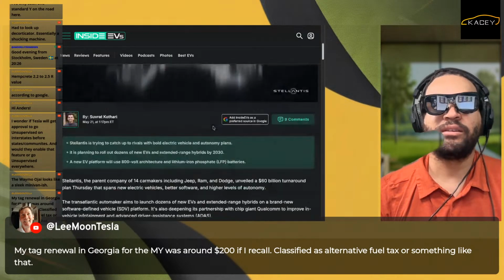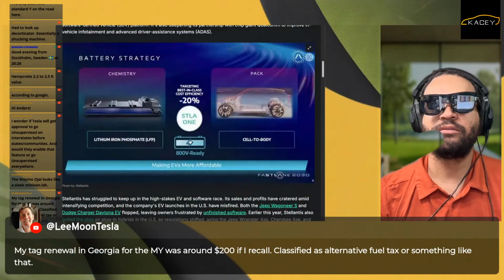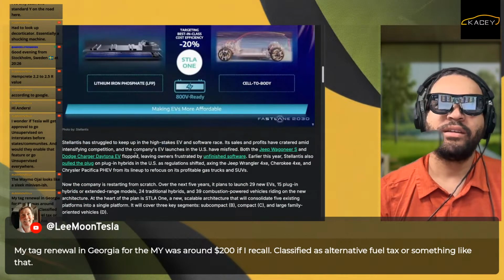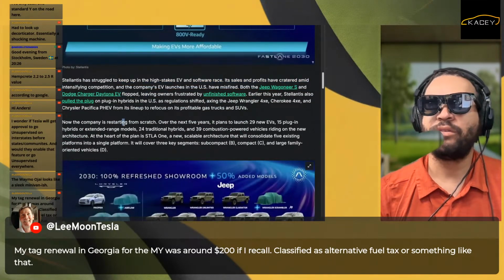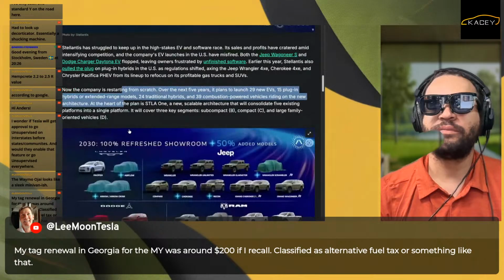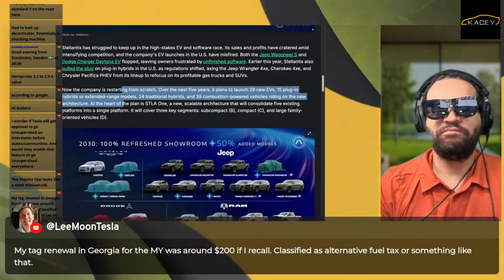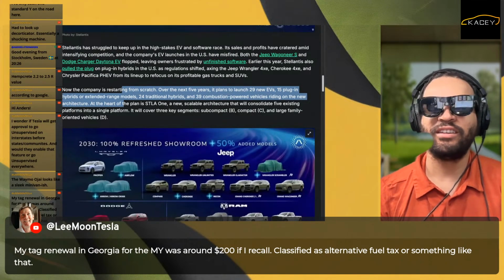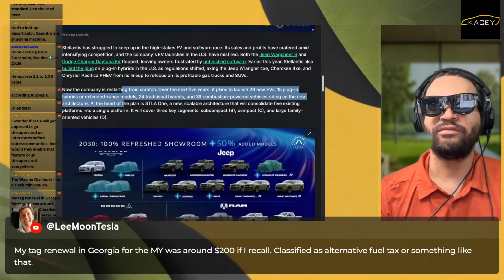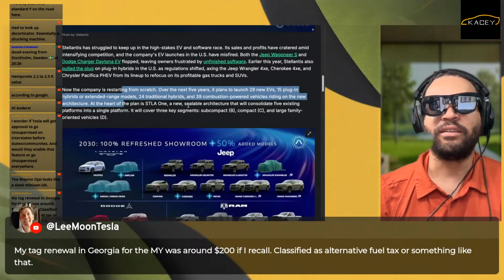Stellantis spent $70 billion comeback. Transatlantic car maker. Cell to body structure, okay. Lithium iron phosphate. Stellantis struggles to keep up. Restart from scratch. So will we see Honda do this? Say that they sucked at EVs and then come back and do more EVs? Or, because Stellantis blamed all their woes on EVs and stuck all the money in that division, and then is getting back in it, apparently. For real. Or at least, if they make it.